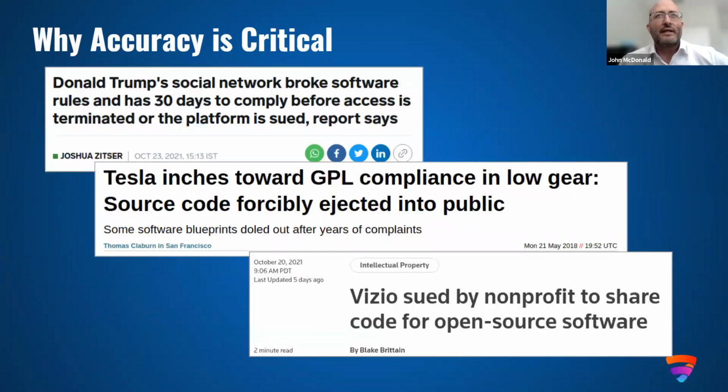The SCA industry exists for the purpose of avoiding the risks from lawsuits and security vulnerabilities surrounding open source software. Donald Trump's platform was recently in hot water. The platform he's building to compete with Twitter was actually built from the Mastodon framework, which is licensed under AGPL 3.0. Tesla recently, you may have heard, open sourced billions of dollars in intellectual property as part of their autopilot system, because it was found that they had numerous GPL licenses embedded in their code. And just the other day, Vizio was sued by the Free Software Foundation for using parts of the Linux kernel